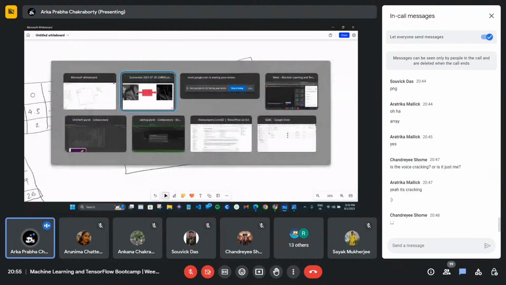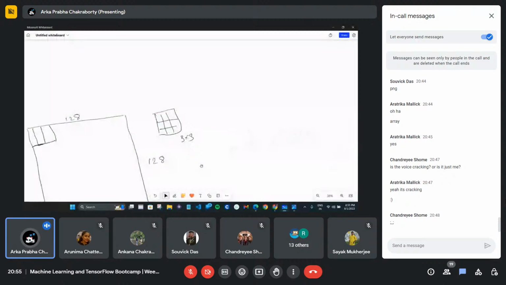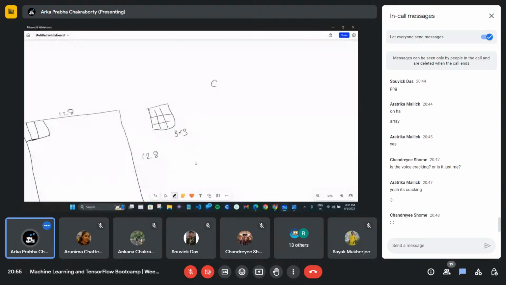After that, we will be discussing the Conv2D layer. This is called the convolution layer, right? We will need this in our project today. And next, we will need a max pooling layer.